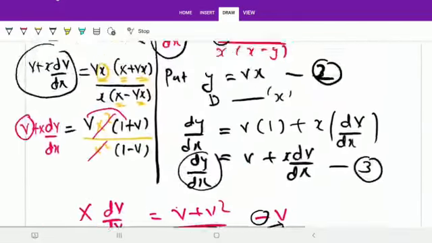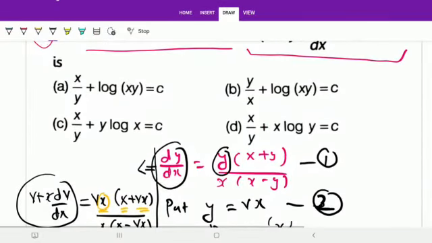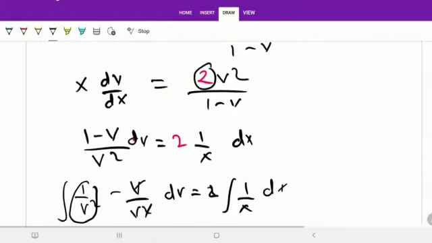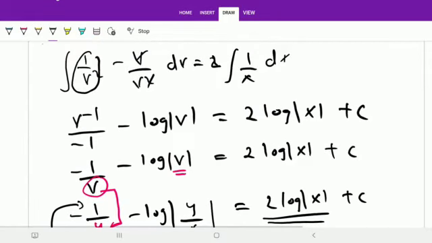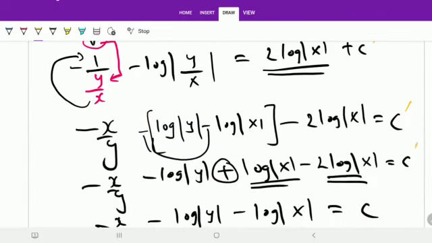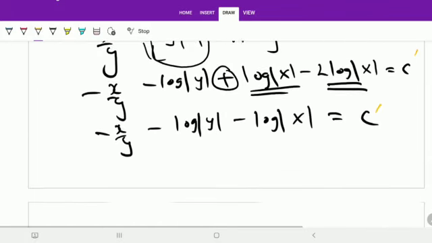So we have here 4 options. So x by y is there in 3 of them. So we have y log x, log y. So I think we need to simplify this question more. There is log xy we need, and there is no minus here. So what I'll do is, observe, first thing I'll do is I'll just rename, instead of c, I'll just say everywhere c dash, because this will help me to simplify it a little bit easily.